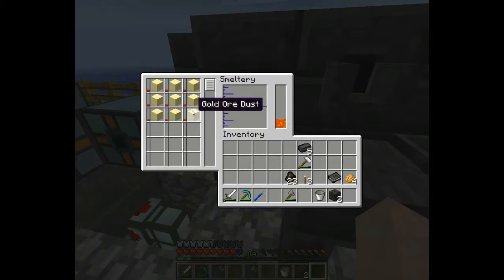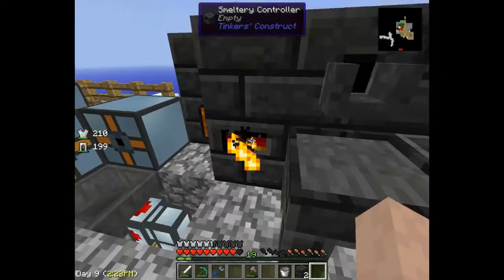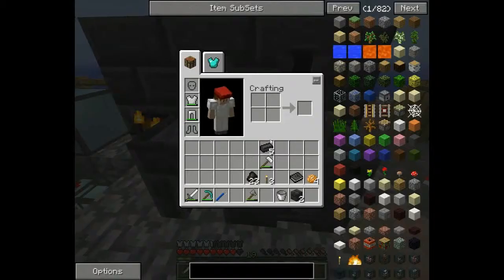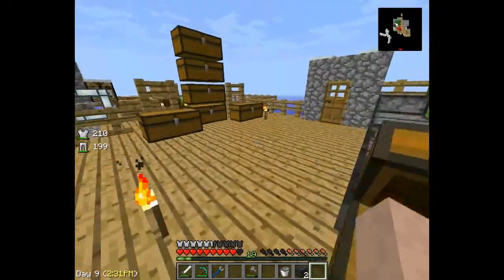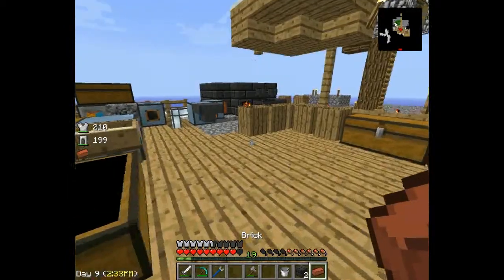So you see I put 9 ore dust in. If I put that in a furnace, it would give me 9 ingots. This is going to give me 18, and I'm going to use this to get 2 blocks. Well, I'm going to use it to get 1 block, and then I'm also going to take a brick and